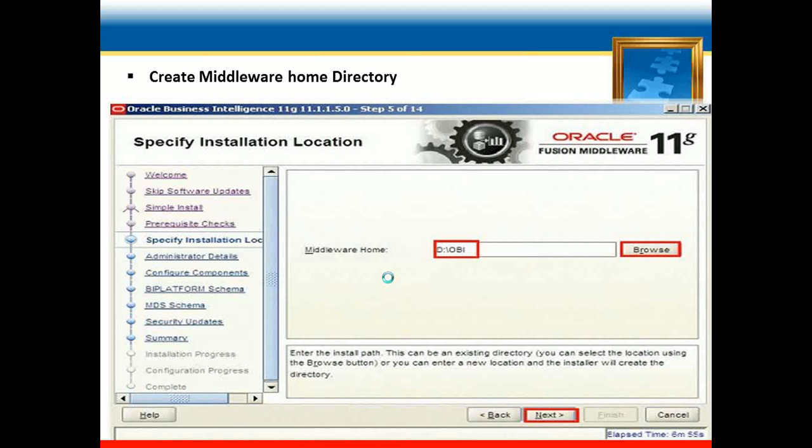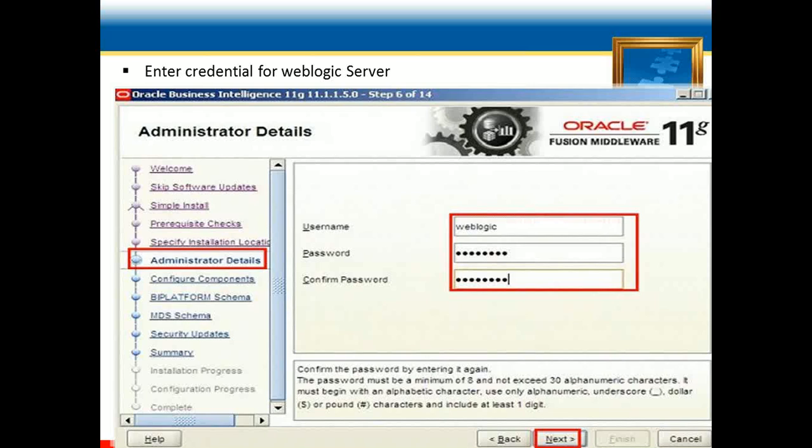Here we need to hit the next button, and on this screen enter the credentials for the WebLogic server. We have to mention the username as weblogic, and then give the password and confirm password.